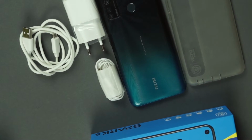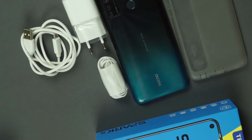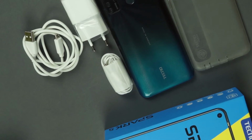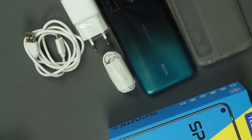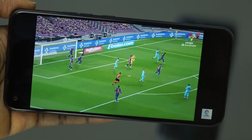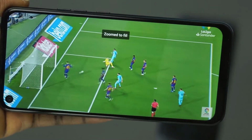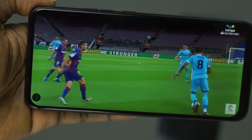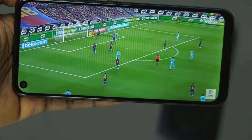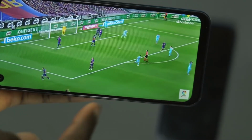charging adapter. Now the standout feature for me is the battery capacity of the Tecno Spark 5. 5000 milliamperes of battery capacity is really good for the markets that Tecno Mobile sells these phones in. The Tecno Spark 5 is targeted at countries where a constant supply of electricity is not guaranteed, like Ghana and Nigeria. So having 5000 milliamperes of battery, you are easily guaranteed 2 full days of use if you are a